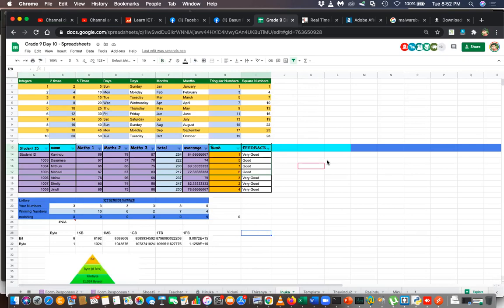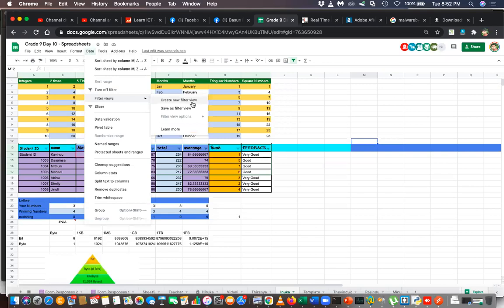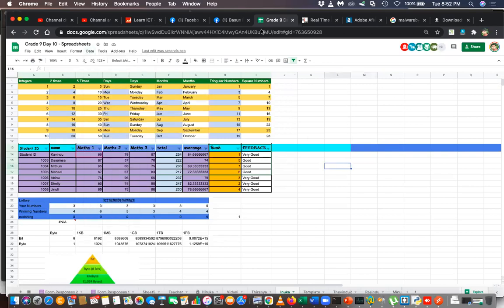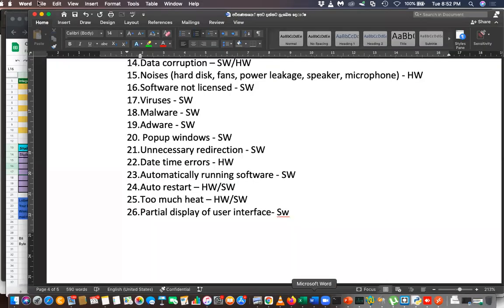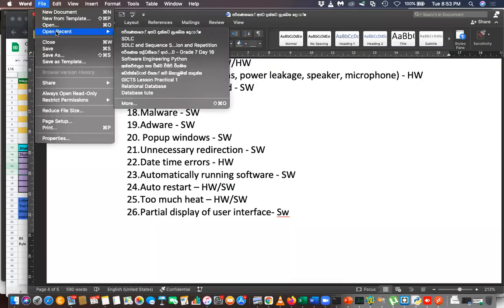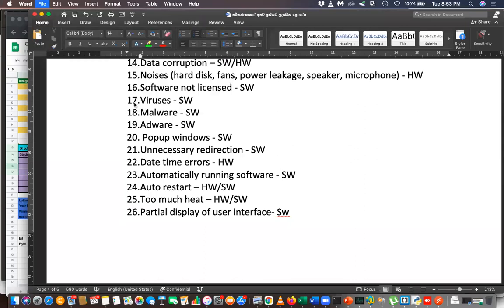Right. Likewise, everyone can apply filters, right? Even if you are using a mobile phone, you can do this. Because in a mobile phone also you have this data, and you can go to filter views and create new filter, then you can do this. So prefer to do it on a computer, but doing it on a mobile phone is also okay. Okay, let's write down the note there. Since many of you have done it, we can write the note.